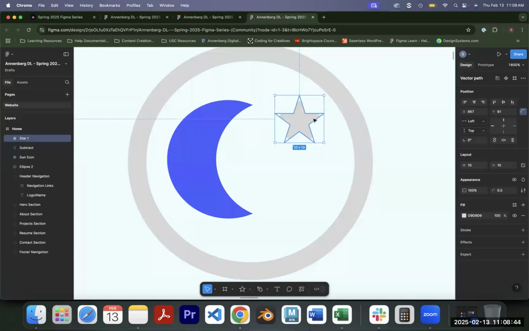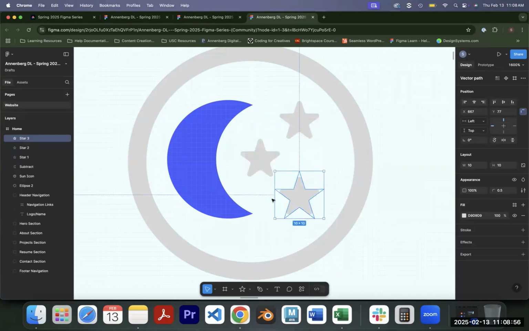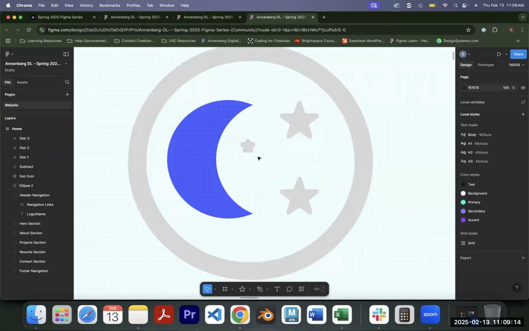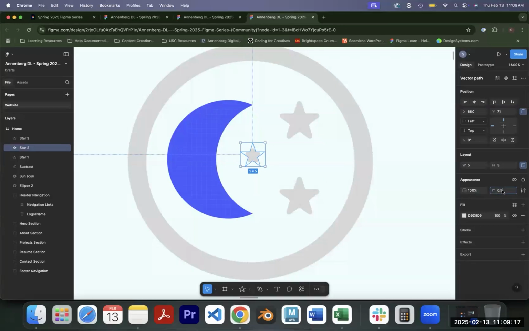Now, while in LA, we might only see one star out in the night sky, but ideally we would see more. So we're going to create some more. Just Alt Option, click and drag to do some extra stars. I'm going to resize them just so it looks a little bit more dynamic. You can follow along if you would like to. I'm going to click on a star, lock its aspect ratio, change 1 to 5. You'll notice that with a rounded corner, though, it looks really funky. So I'm going to change that to maybe 0.25, which looks good with 5. Do the same for this other one. Maybe 7.5 is a good size,